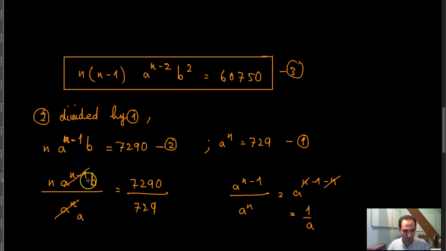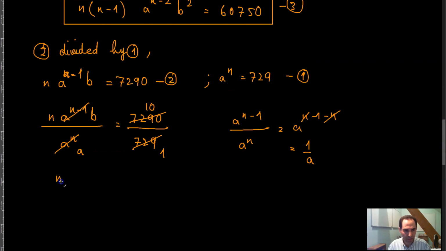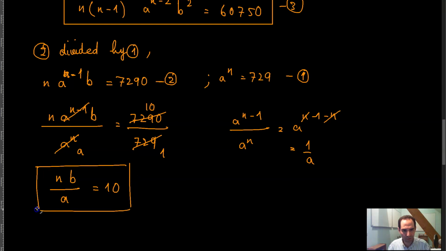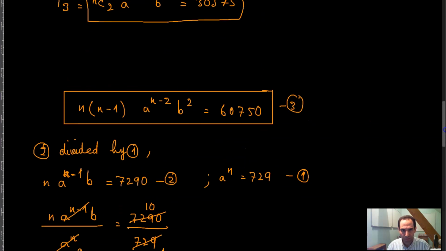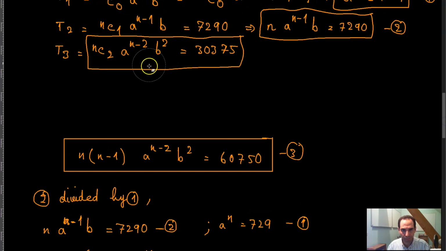So nb divided by a is equal to, and on this side you would have a 10 and a 1, which means that nb divided by a is equal to 10. That you might be able to use somewhere. At least some ratio in this you would be able to use, right? Now if you divide, for example, this by this, 3 by 2 by 3, you will have